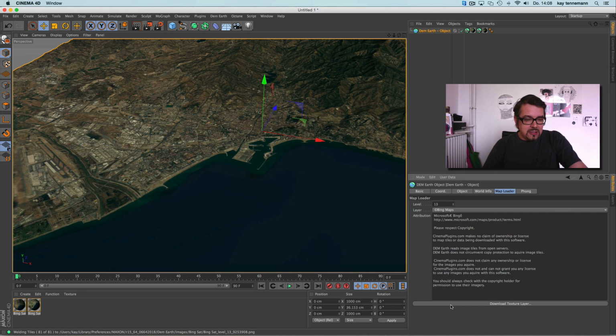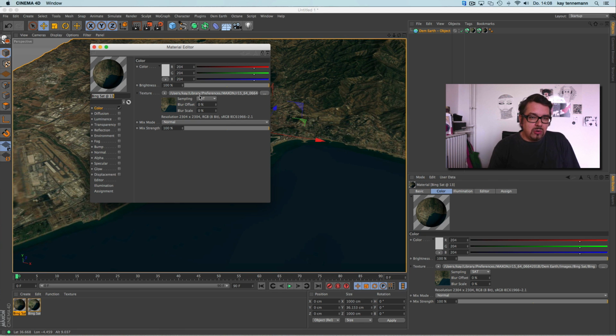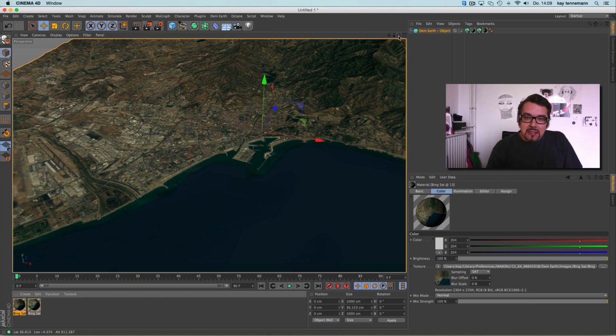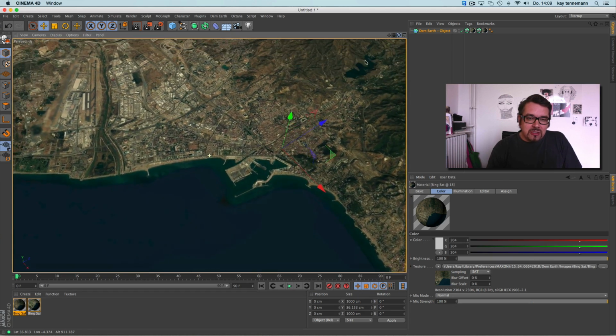It's downloading this, you see it on my button, and merging it together into a big texture, which then goes into our material. You see now we have a texture; before it was 768 pixels wide, and now it's over 2000, and now it's much more detailed.